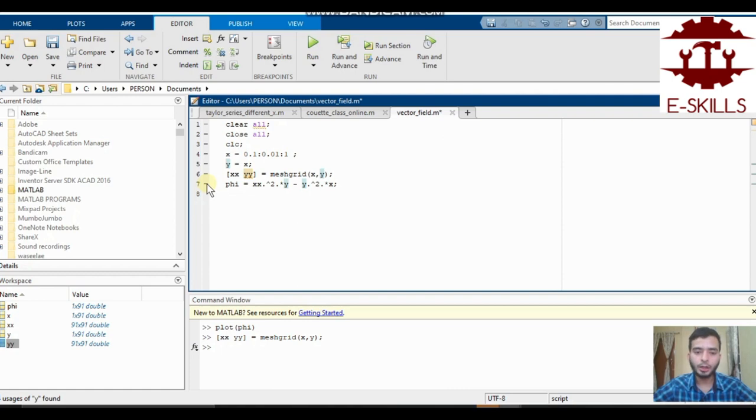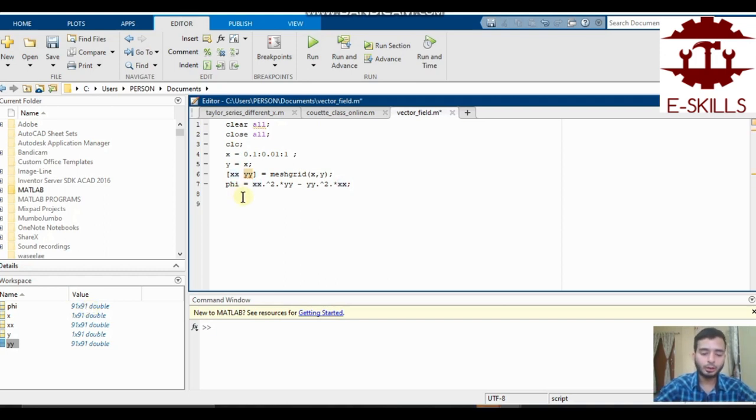For that, all I need to do is convert x and y to xx and yy. Now if I run the program, you can see that my phi is also a matrix of 91 by 91, that is, it has also become a two-dimensional matrix.